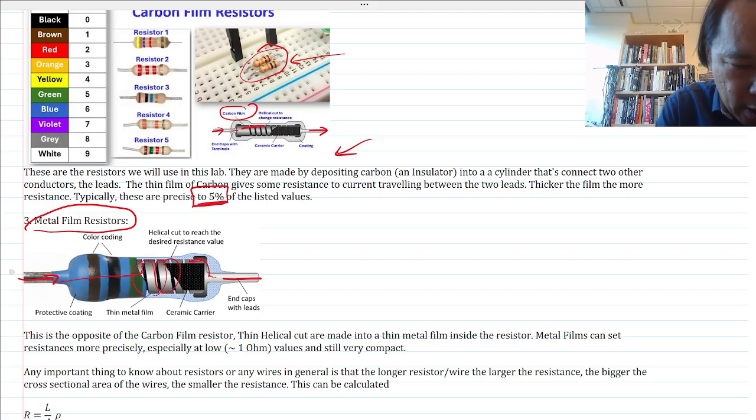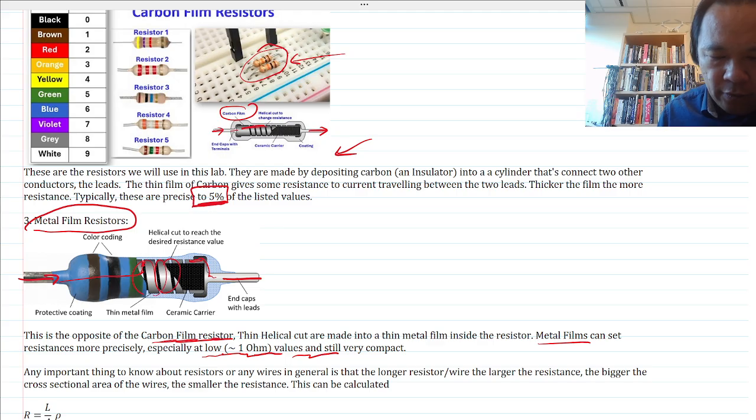because basically what happens is that the electron has to jump this little gap between them in order to travel through the resistor. And this is basically an opposite way of making a resistor. These are very nice, but once again, the resistance values of these types of resistors tend to be low,